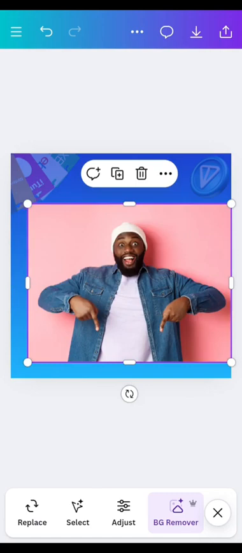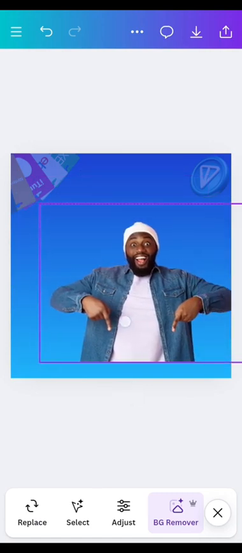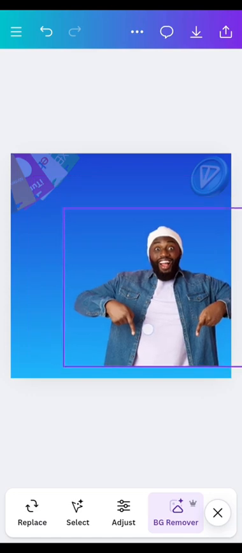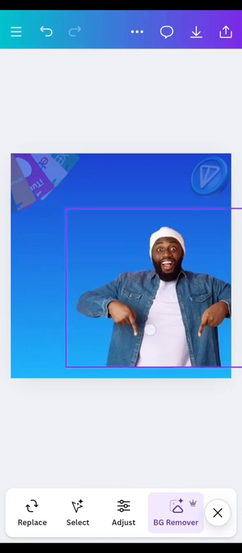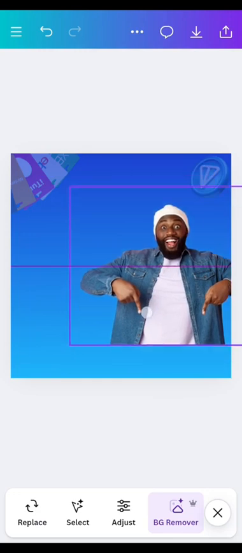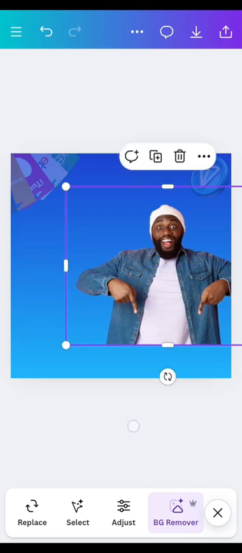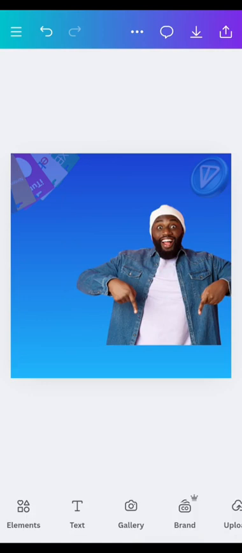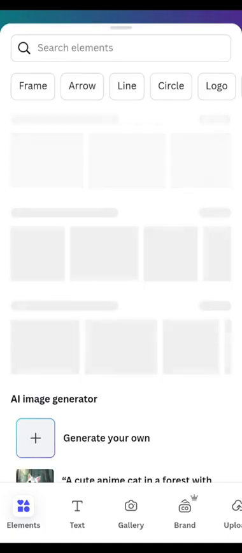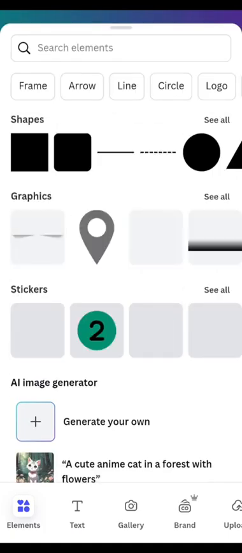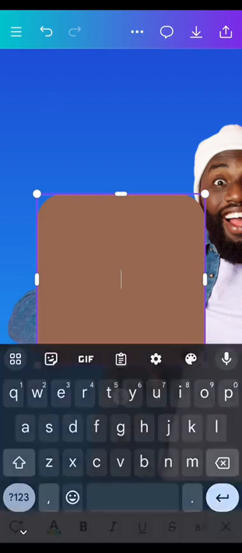I think this is good. You can see his face clearly. Next thing is we place this here. So after the design we can still make adjustments, so we carry it up a little, and this is good. So next thing, are we done yet? No, I want to add an element. Let's add an element, something like this. Let's add this, and we go back